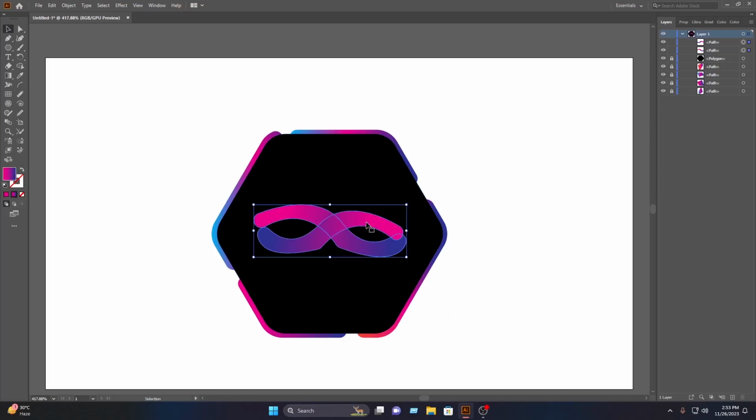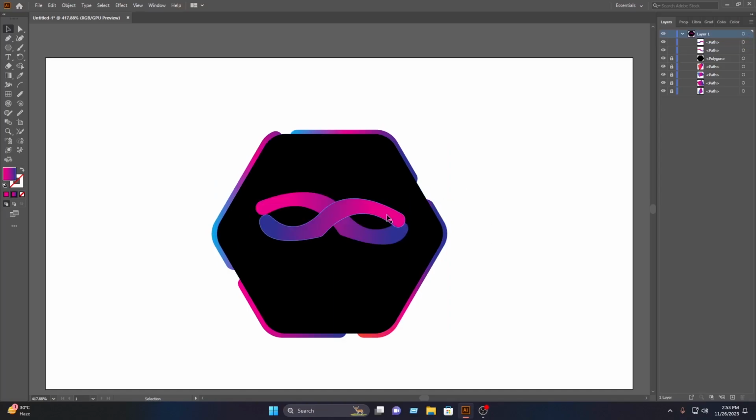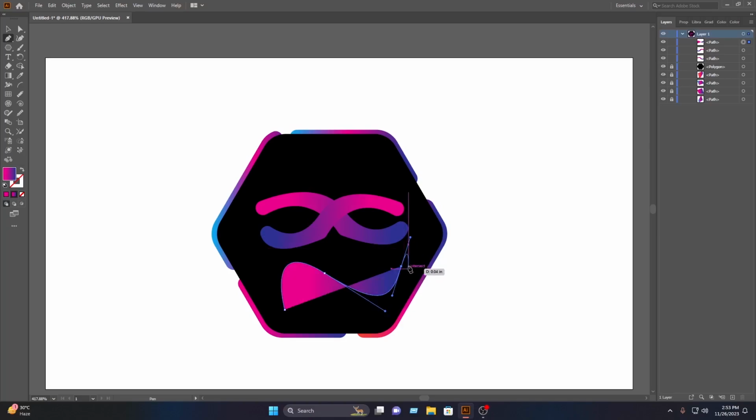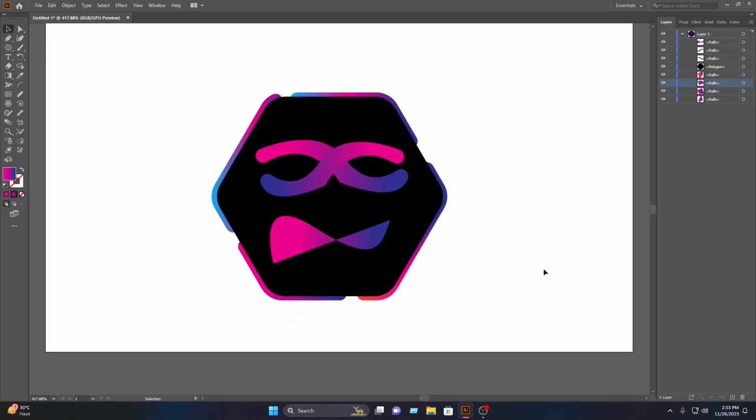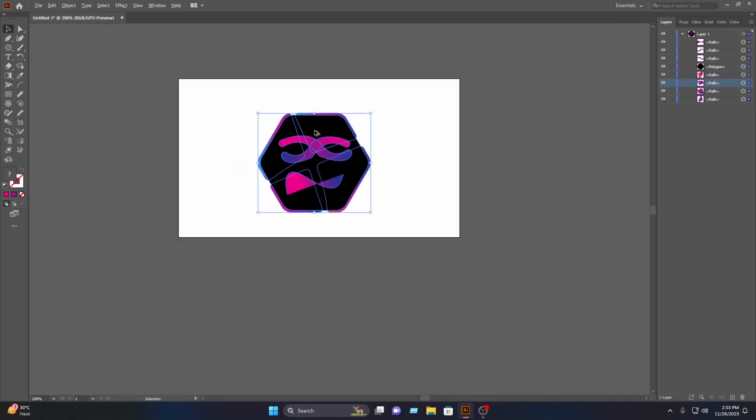then select these layers, then drag these layers in here, then select the pen tool, then click on here, then click on here, then you have to click on here and draw a curve, then select the move tool, then select these layers and drag these layers in here, then you have to unlock all layers, then you have to select all layers, then you have to press and hold the shift key, then increase the size of this,